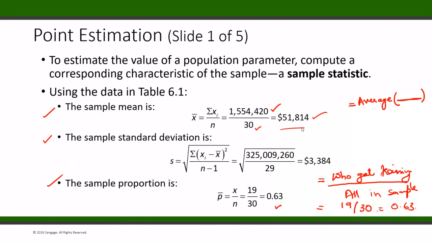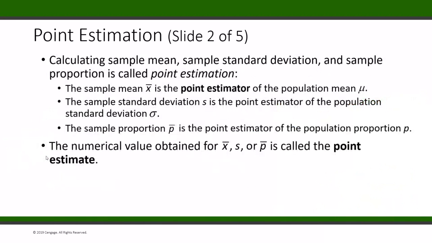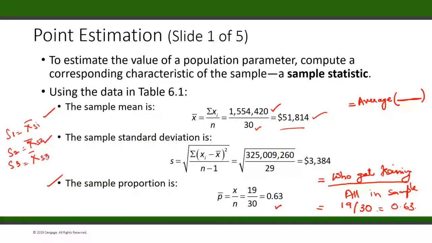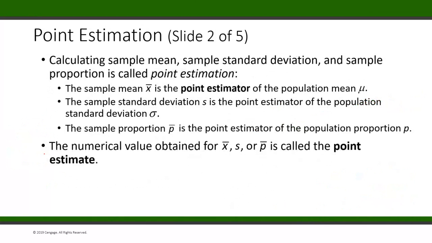For sample number one, sample number two, sample number three, there will be a mean from each of them, X bar 1, X bar 2, X bar 3, and you will get a point from each of them. This is a point estimate, this is a point estimate. All of them are point estimates,